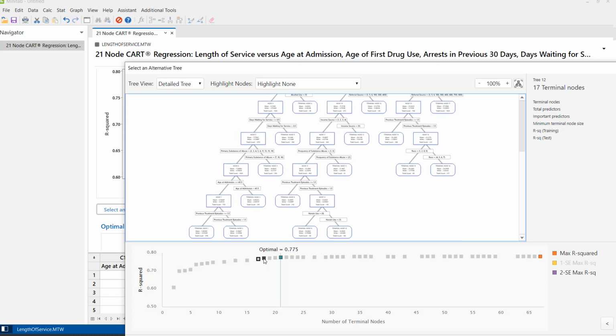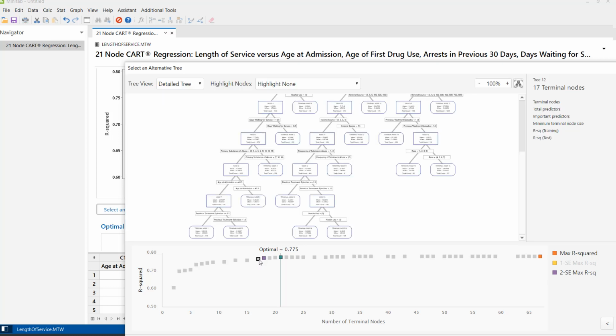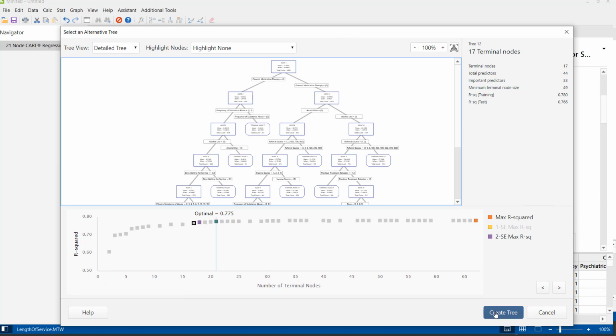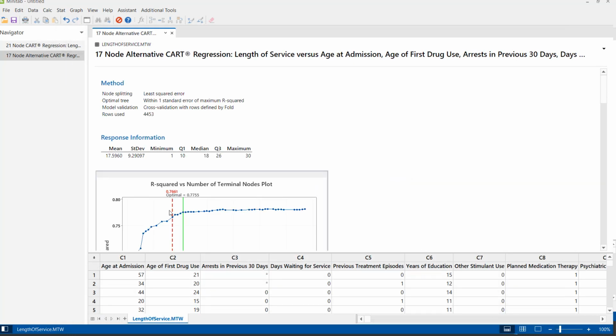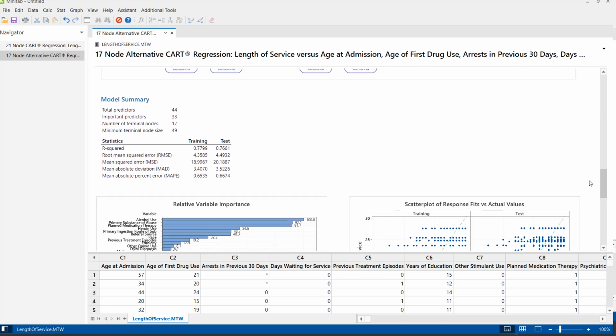So that's why we are looking here, and we see that 17 gives us almost equal R square value to the terminal node count displayed by Minitab. So what we will do, we will first look at the model summary. Let's create a tree with this 17. You can see here it is showing optimal.